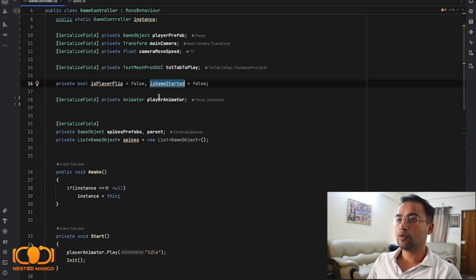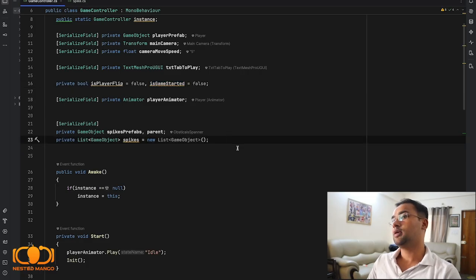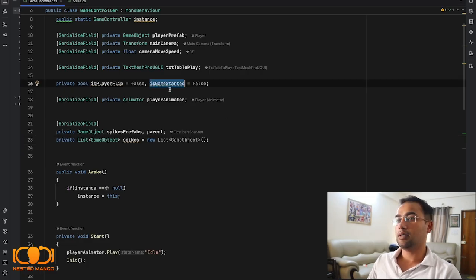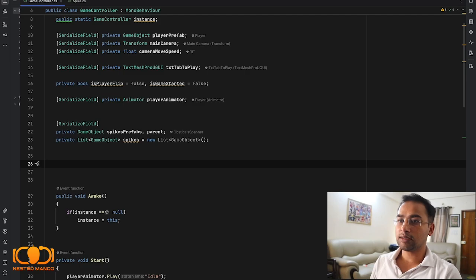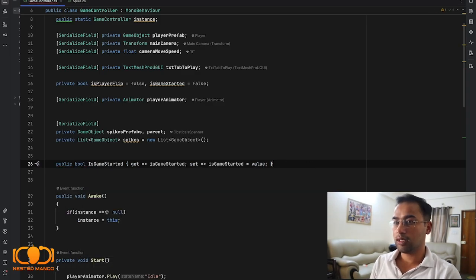Now we will do one more thing. This isGameStarted is a public variable, right? I mean, it's not a public variable. It's a private variable, so we cannot access it in another script, right? So we'll make a property for it so that we can access this variable. Public bool isGameStarted, right? So what we are doing here is isGameStarted, then this will return